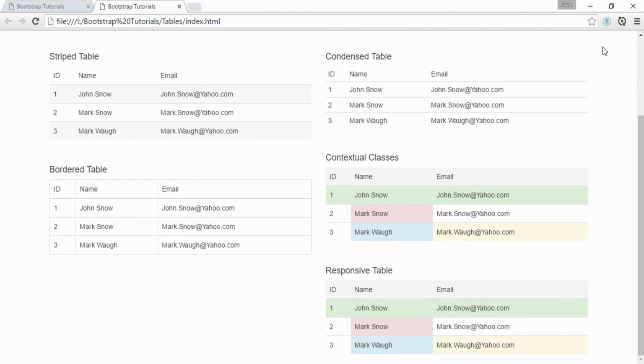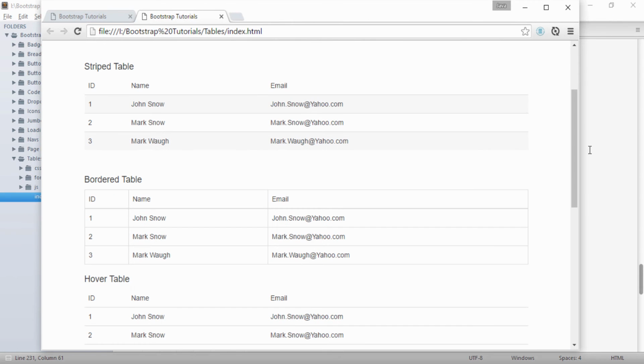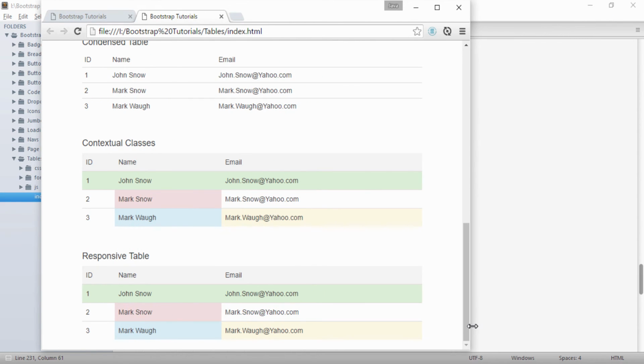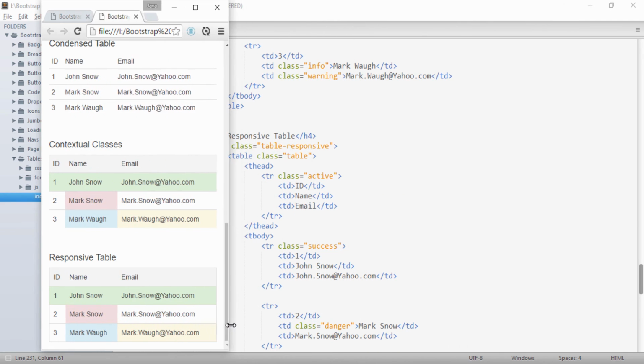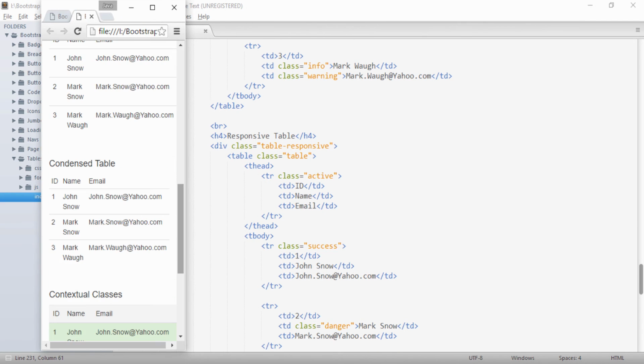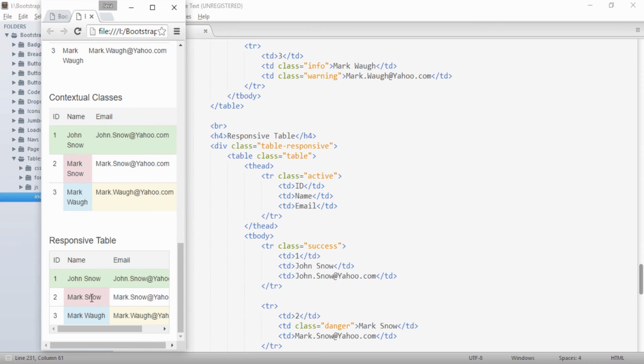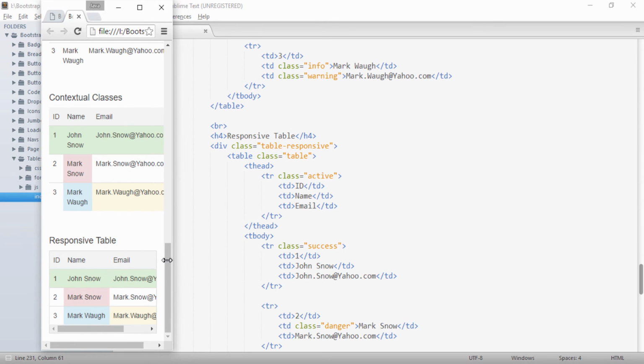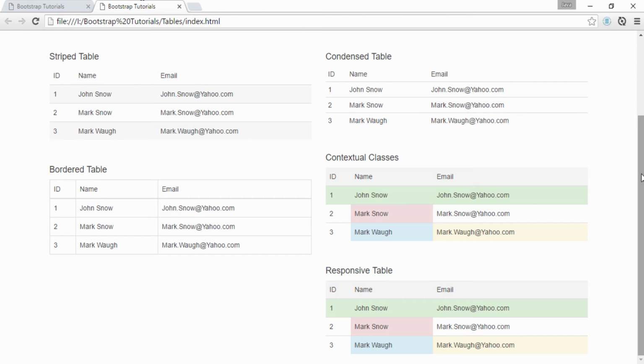If I decrease the width of the browser, you can see that upon decreasing, in the earlier table the last name came into the second line, but here after making a responsive table, this John Snow is still on the same line, and we can see a scroll bar appears, which can scroll throughout the table. So this is how a responsive table has been created.